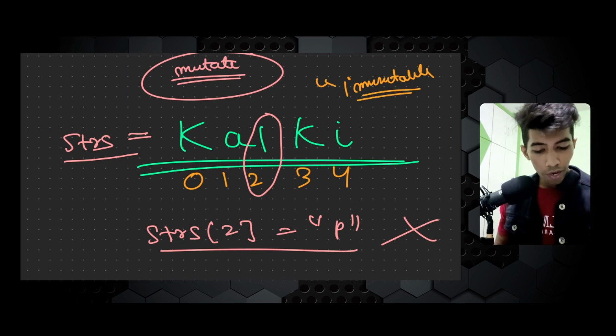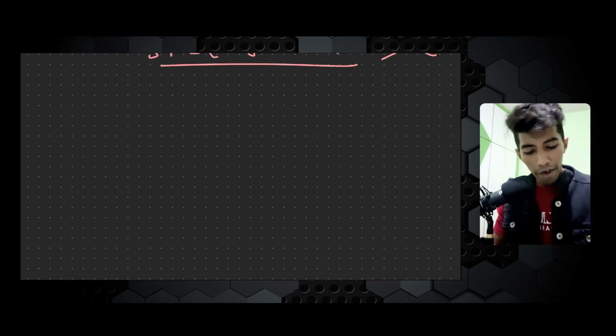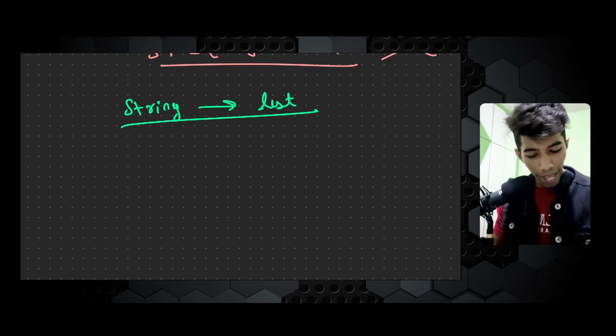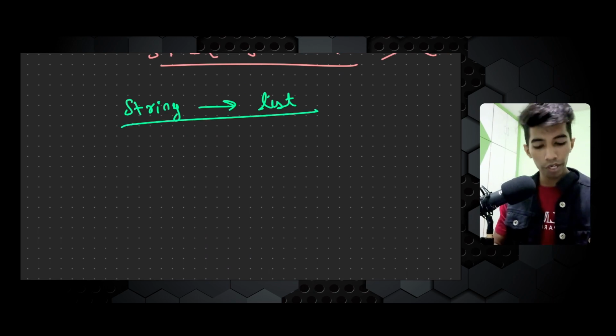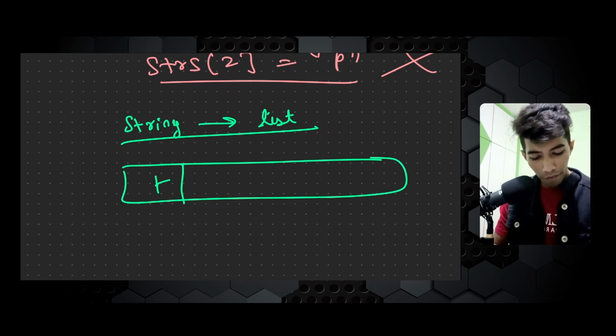So now what we will have to do? First, what we will have to do? For doing this particular operation, we will have to first convert our string into a list, and then we can do the things over here. And after conversion, then what will happen? I will just convert this thing,